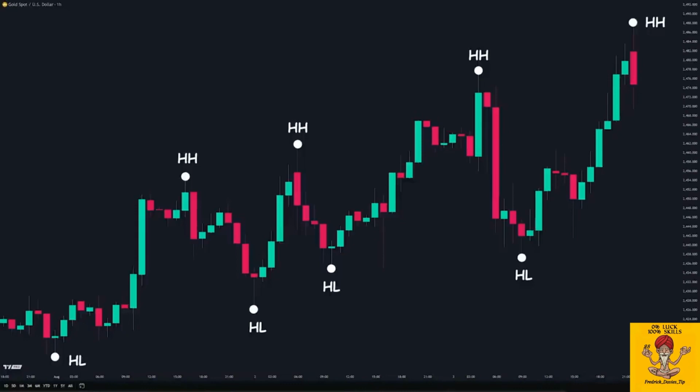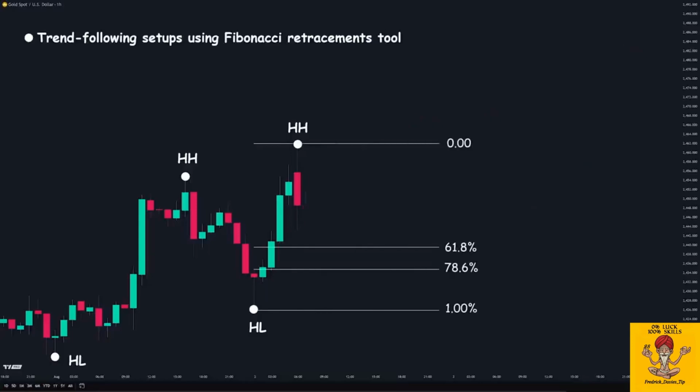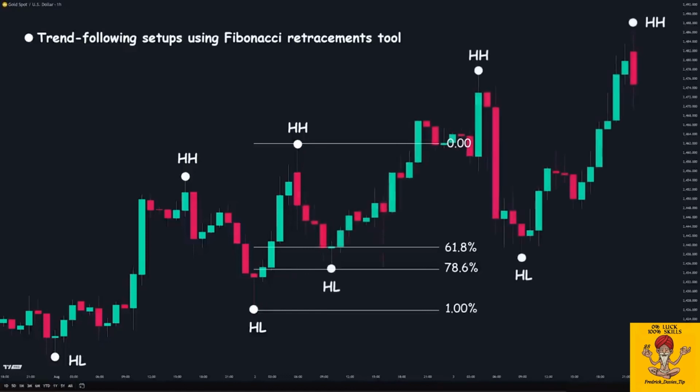One of the most effective strategies for trading gold is trend-following setups using Fibonacci retracements to pinpoint ideal entry points. To identify these entry points, we use 61.8% and 78.6% Fibonacci retracement levels. In an uptrend, look for buying opportunities when gold retraces to these levels and starts showing signs of reversing. In a downtrend, consider shorting when the price